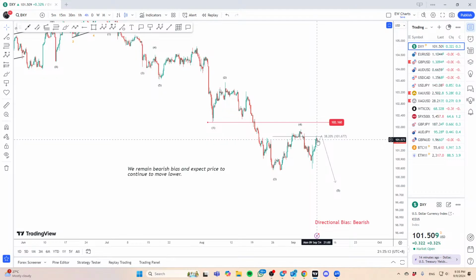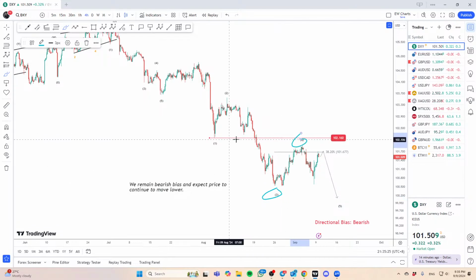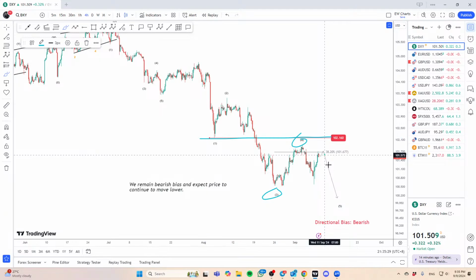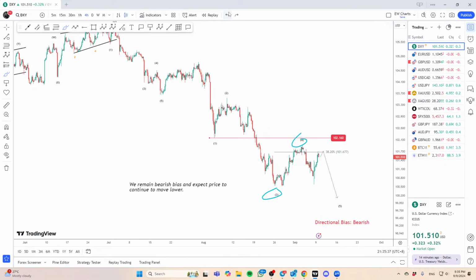So right now, in terms of dollar index, there are two potential scenarios that we can keep an eye on. First one here is that we're sticking to this as a 5-wave development. So there's wave 3, there's wave 4, of course. This is where the invalidation is. We will expect one more push down to break that low to complete the 5-wave structure, right? So that would be the primary view,